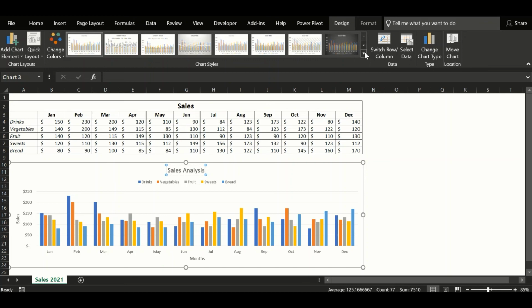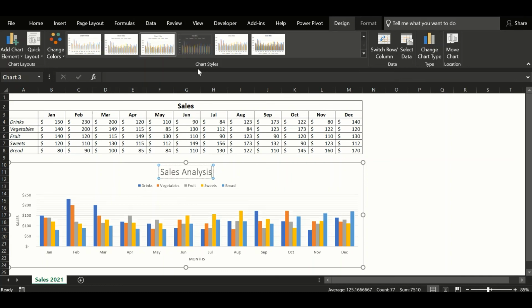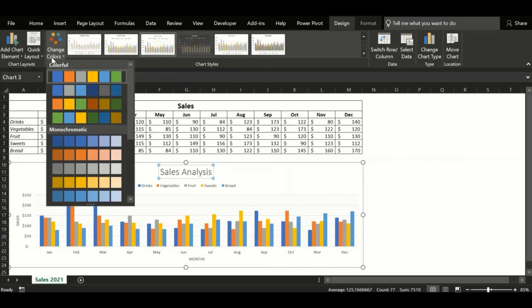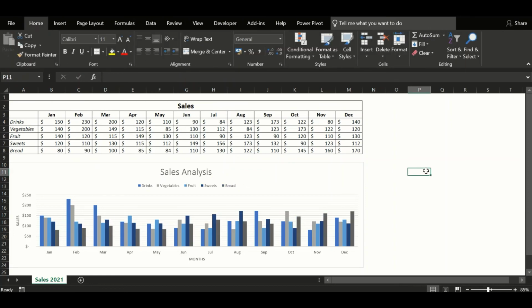To change the style, I go over here, click the button and choose the preferred style. Lastly, I change the colors. Now we have created a good looking bar chart for our sales analysis.